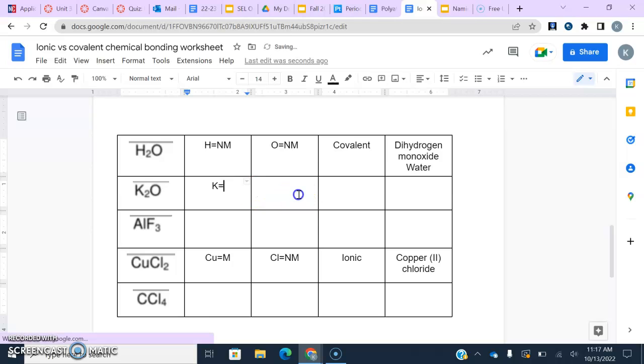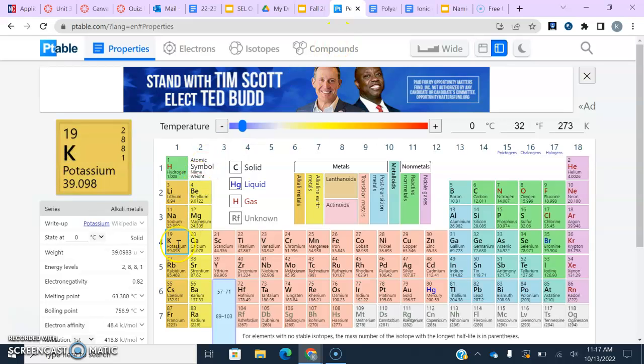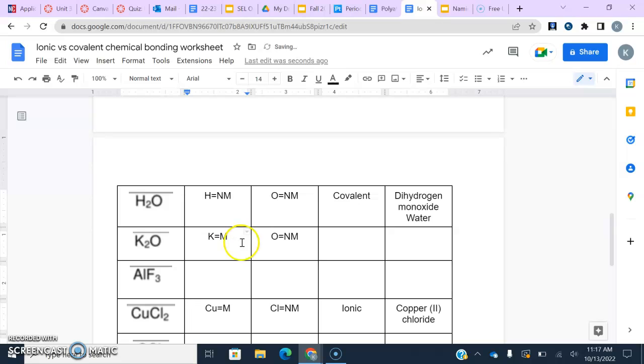K is potassium. O is oxygen. We know that oxygen is a nonmetal. Let's look for potassium. Potassium's right here. Again, he is in group 1, so he is a metal. And he's not a nonmetal, so we don't need the Roman numerals, okay? We don't need the Roman numerals. So it is a metal. We know a bond between a metal and a nonmetal is the transfer of electrons, which is ionic. And again, our naming rules, we name the metal first. Then we name our anion, aka our nonmetal, which is oxygen, and of course we change it to oxide,